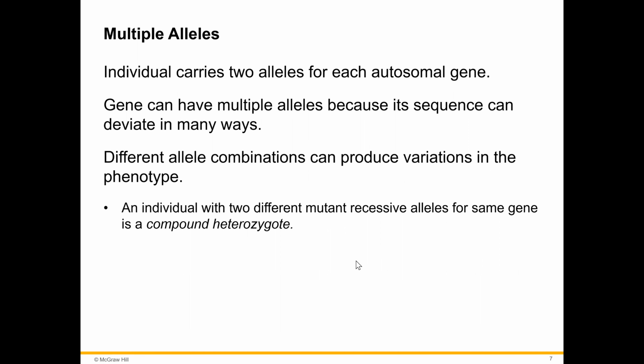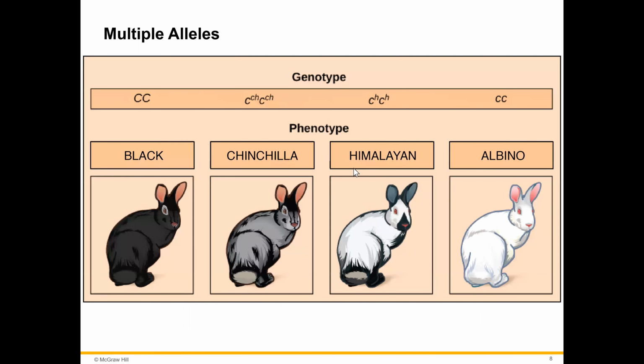So now let's look at the example to see how it works. So here's our multiple alleles example. In this example, we have allele capital C, we have allele little c, and we have allele C-H, and another one. Let me see how many we have. We have capital C, C-H, and little c. So we have 4 different alleles for